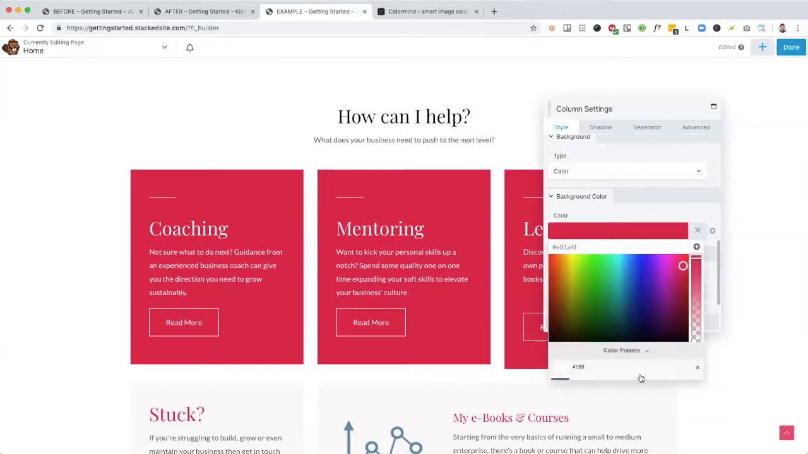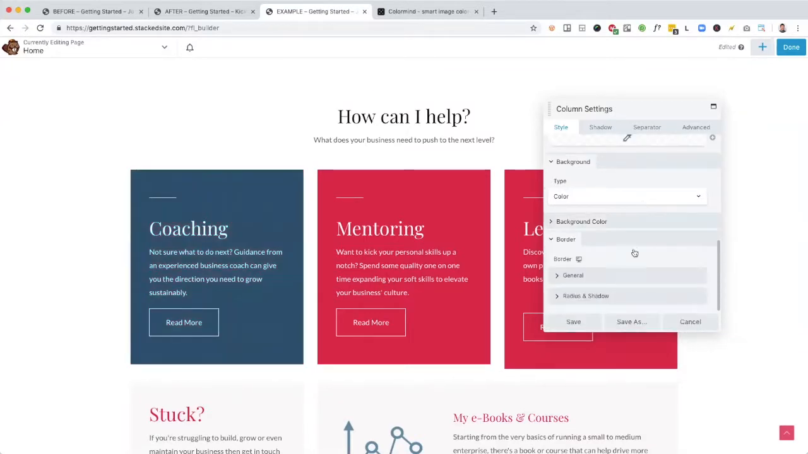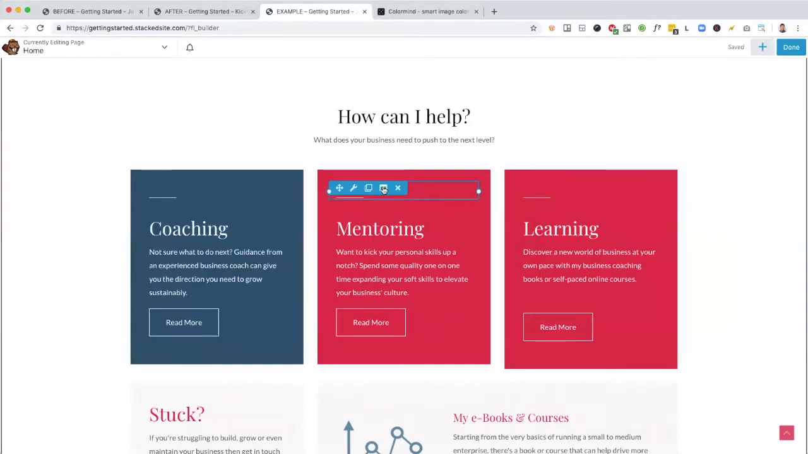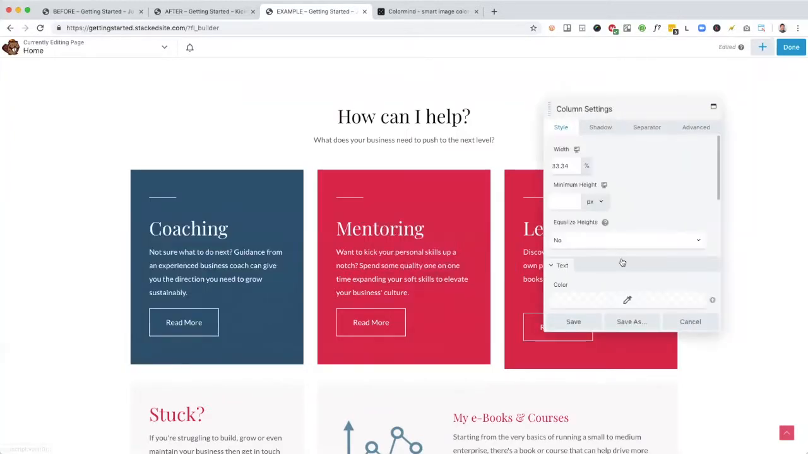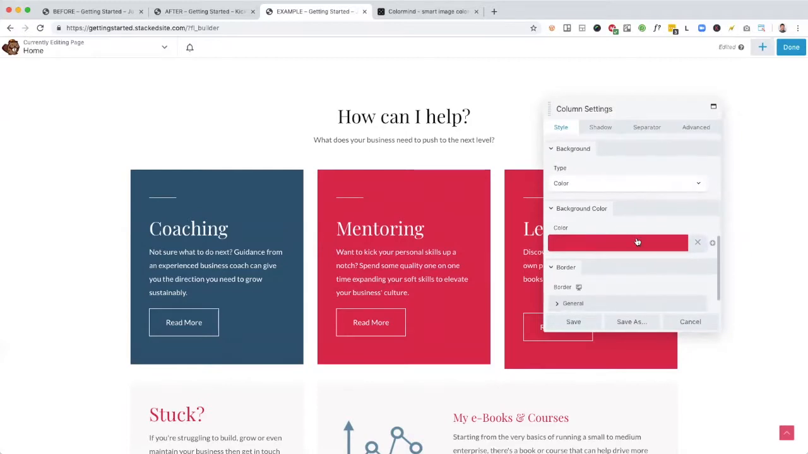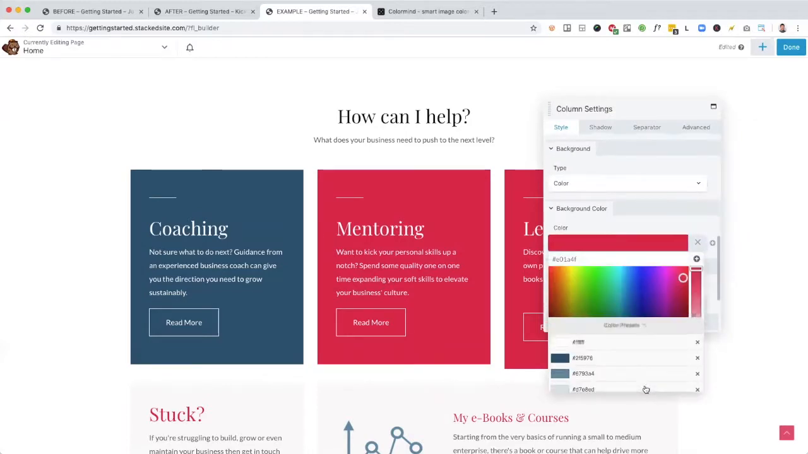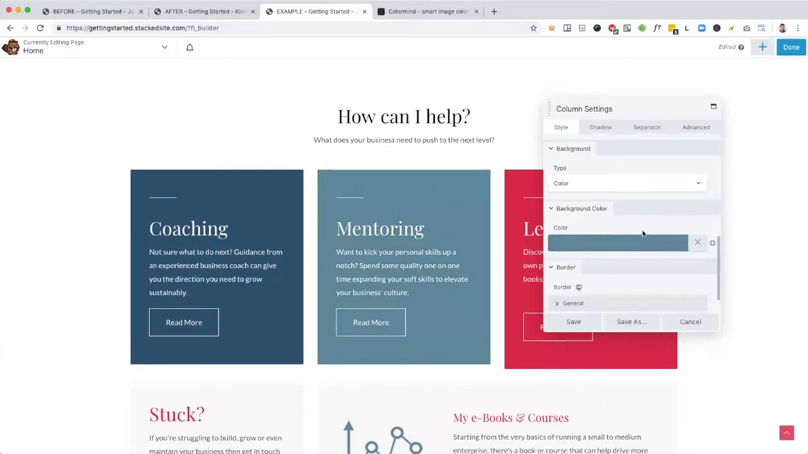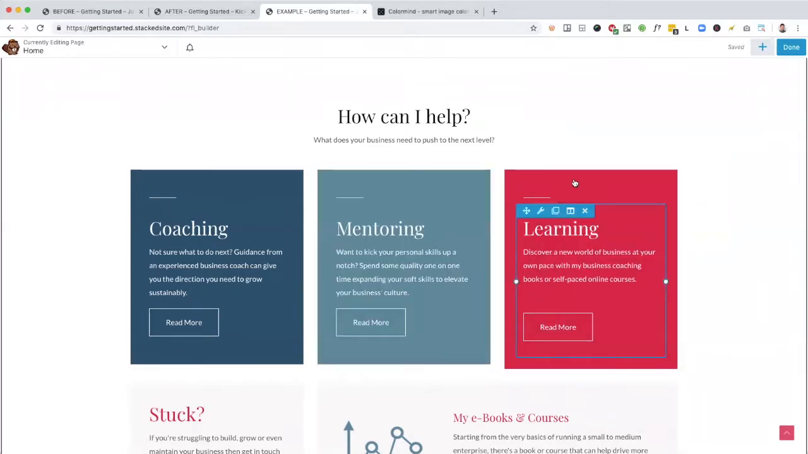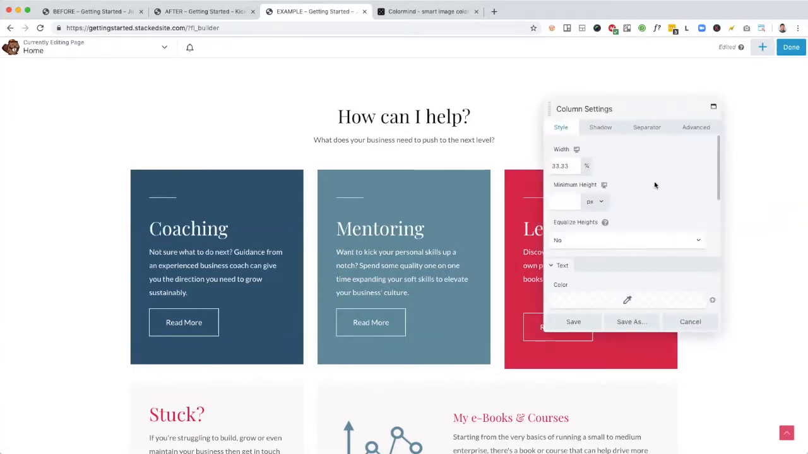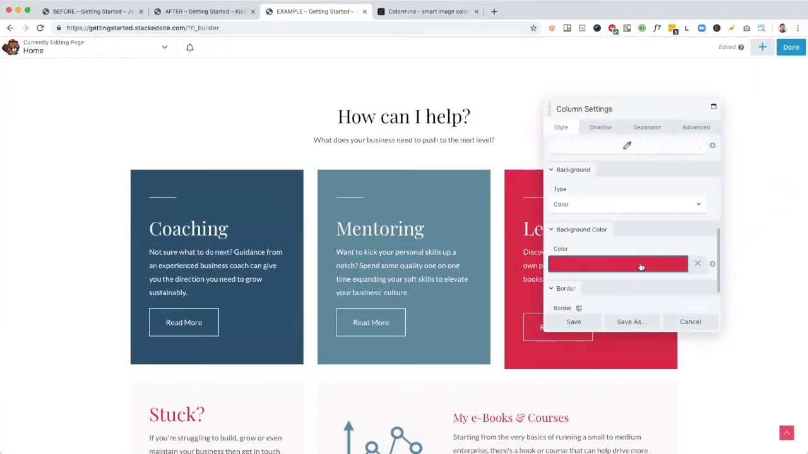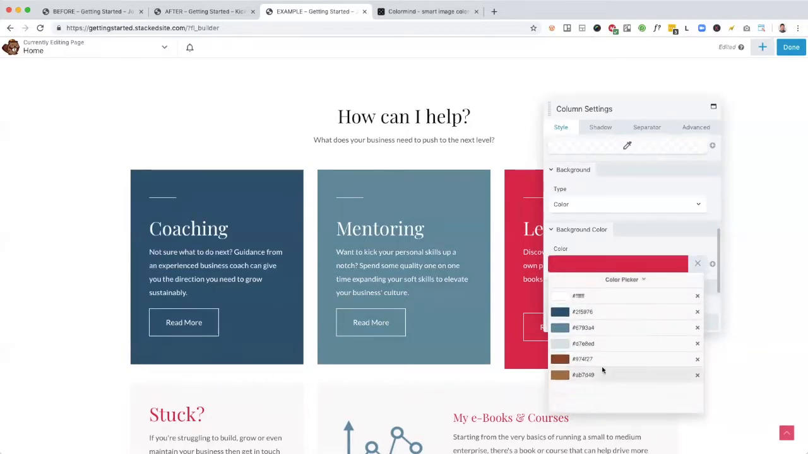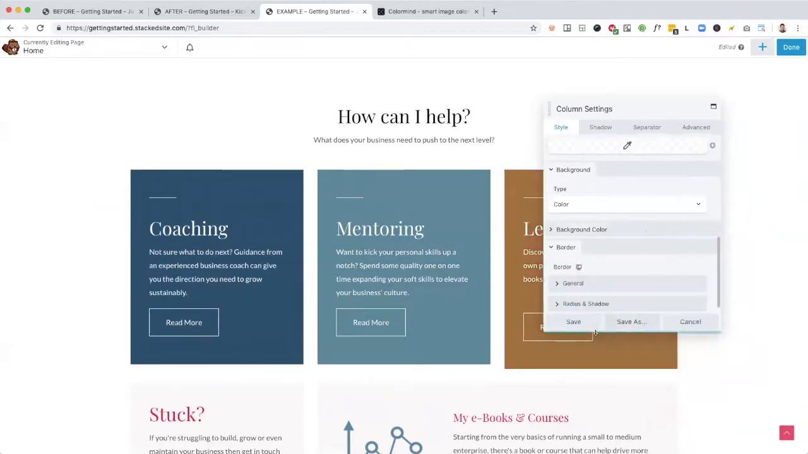So I'll go ahead and change this one to say the dark blue. I'll save that. Might go to the next row, and maybe I'll make this one my middle of the range blue. And then my last column, I think I'll make that my caramel kind of color. Okay,